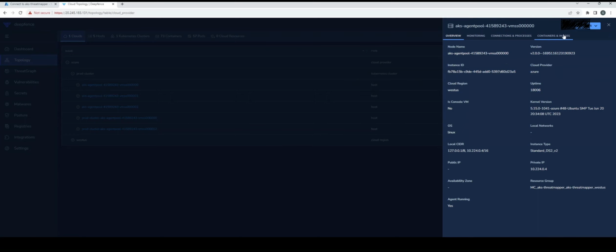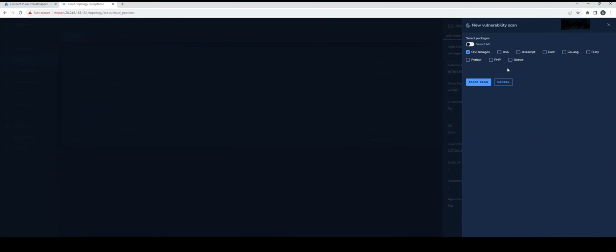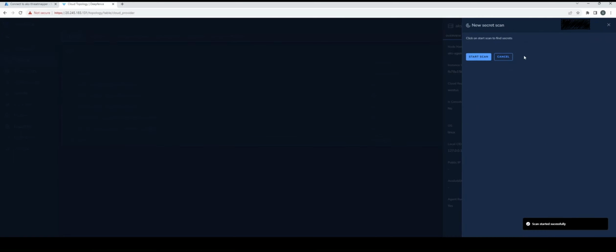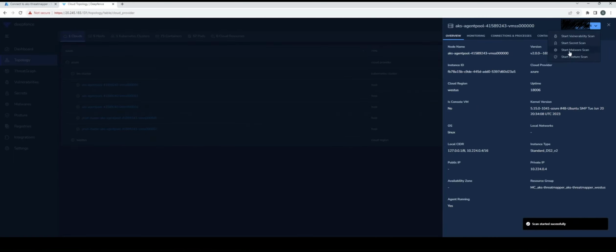Now again, let's say you wanted to scan the agent pool. I can do, let's do a start vulnerability scan. I can look for OSs, .NET, right? I can go for quite a lot. So I will do a scan on that. I will do a secret scan as well to see if there's any secrets, and I'll do a malware scan